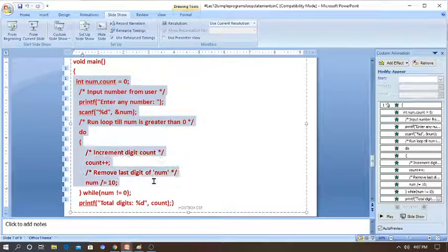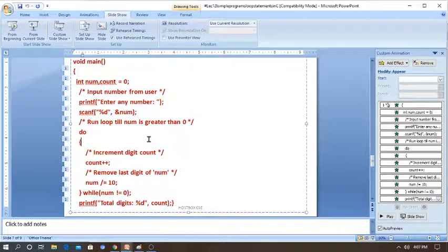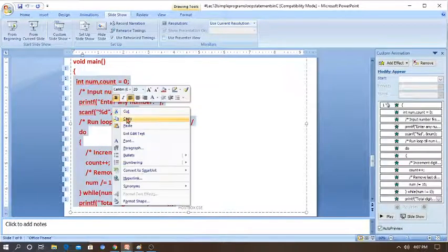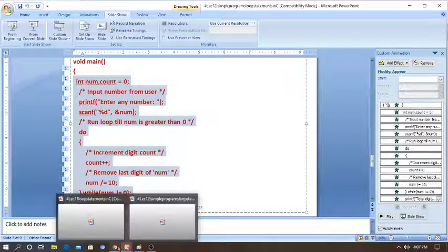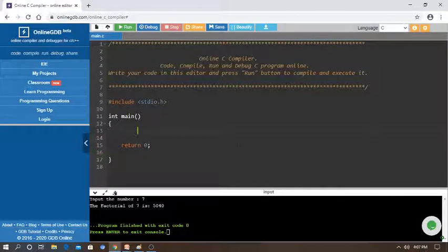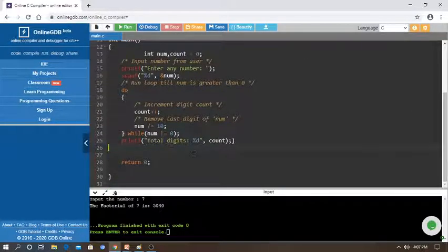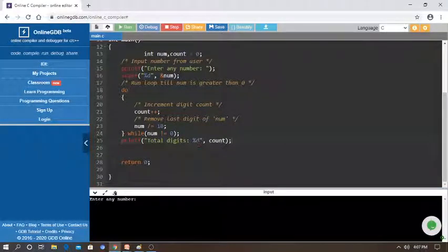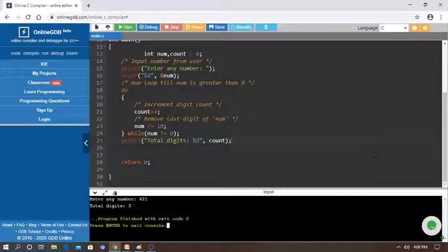So let's execute here and try. Number of digits, suppose if you enter 1 2 3 it will print 3. If you write 2 3 4 5 it will print 4, like that. That is the number of digits, how many numbers you are entering through the keyboard on the input console. So let's try to execute, and I will remove this unnecessary comment statement. So I'm writing input 4, some numbers, 4 2 1 like that. So it will print 3 successfully.